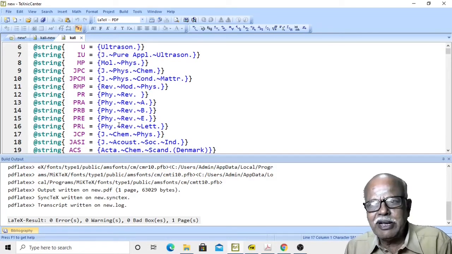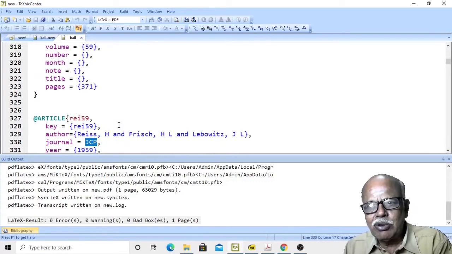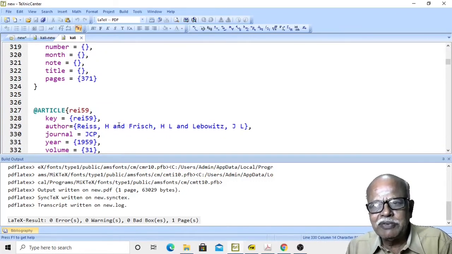You repeatedly come across Journal of Chemical Physics. Then you can say at string, then open curly brace, then JCP equal to, again, the expansion that you would like to have. Wherever you want to have Journal of Chemical Physics, you just give JCP.